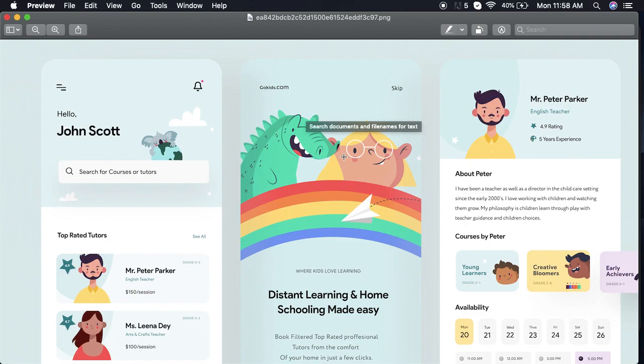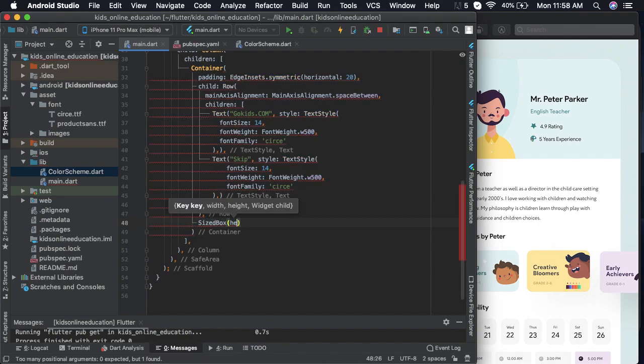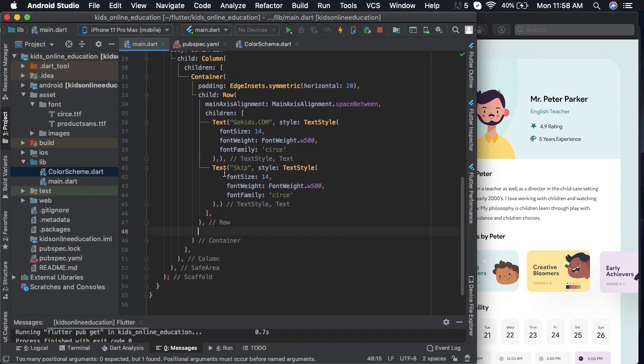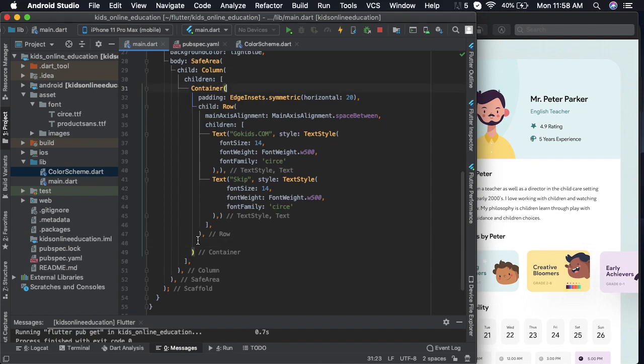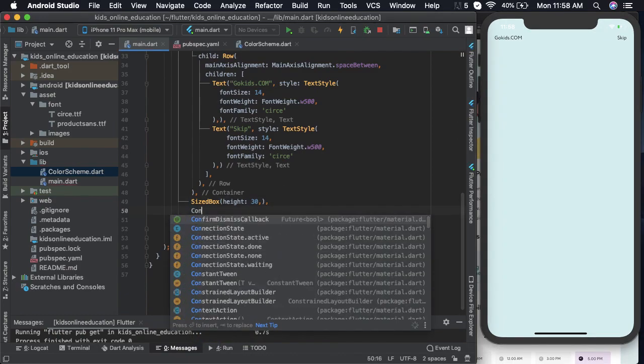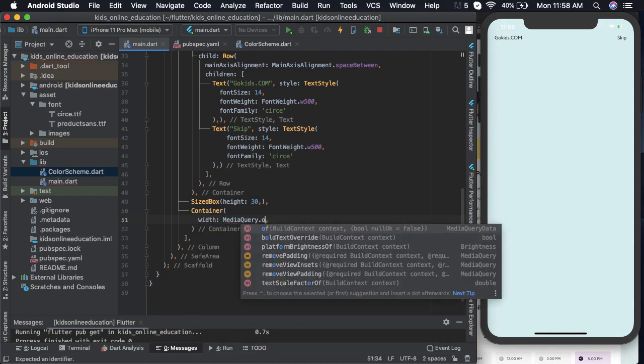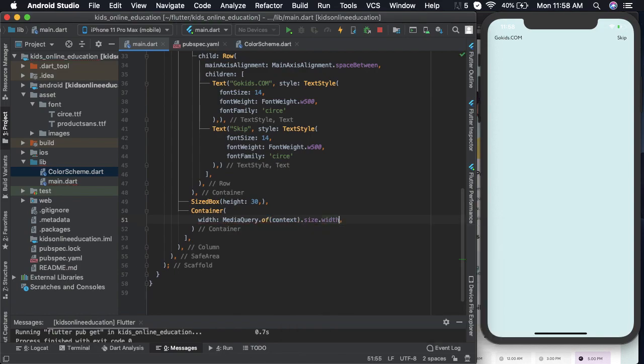Now we'll try and import this image. Now below the row, in the column, let's create a small space. So I'll add a sized box of height probably 30. And now let us add a container. It has to have the width of the device, so I'll write MediaQuery.of(context).size.width,